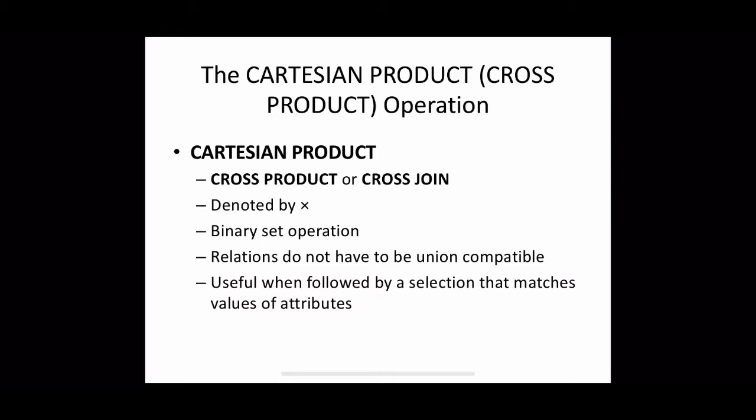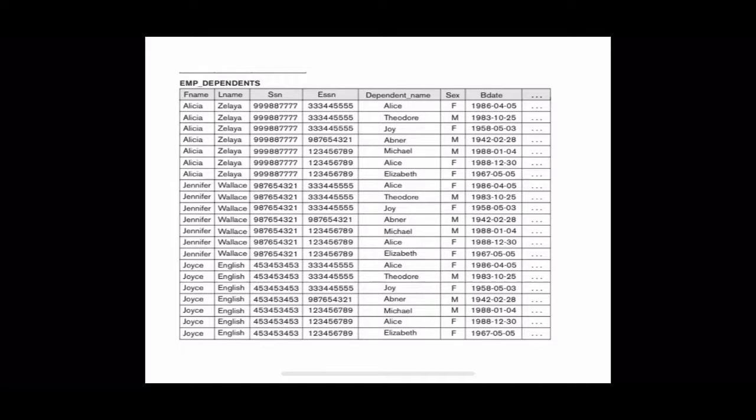So we can see an example for this. Here this relation is after performing the Cartesian product of employee and its dependents. So we can see that for Alicia, we will get as many entries as the number of dependents for Alicia. So whoever is the dependent for Alicia, using this table, for every employee, there will be a tuple corresponding to his or her dependent. So for such cases we can apply this Cartesian product.